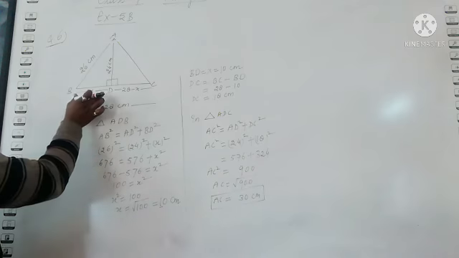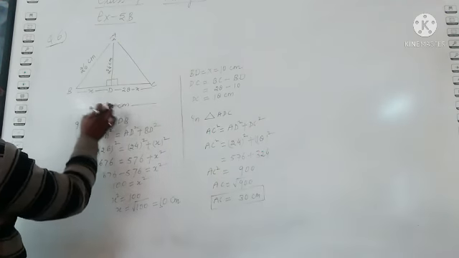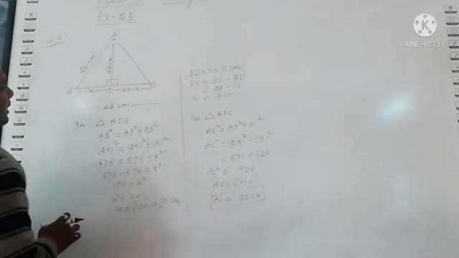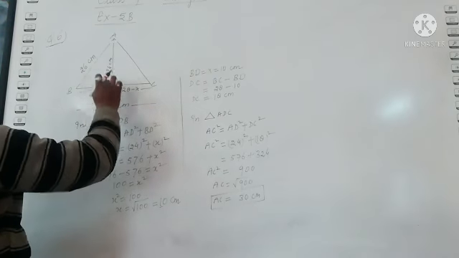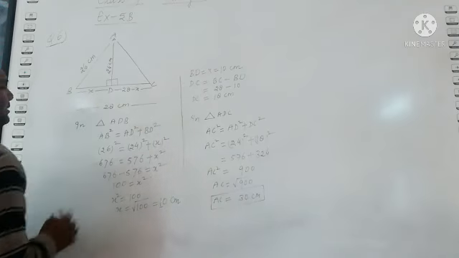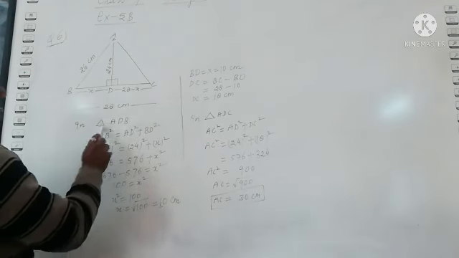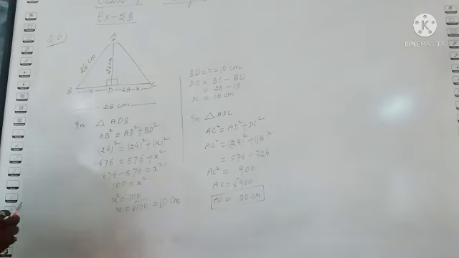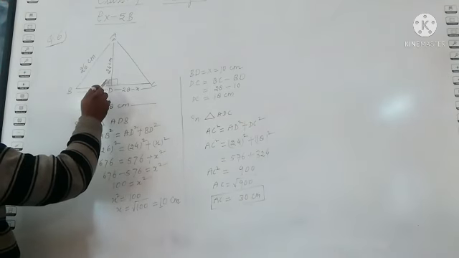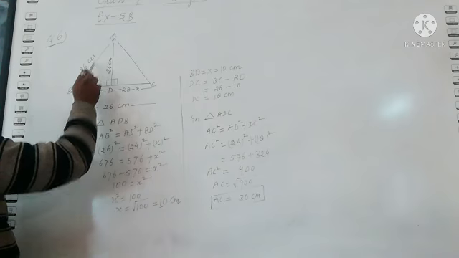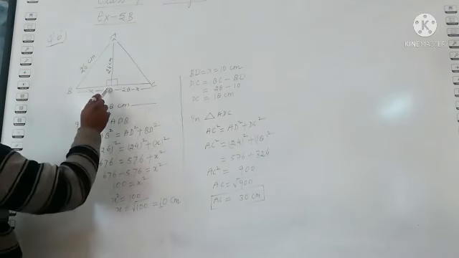So let's suppose BD is equal to X, then DC will be 28 minus X, that is the value of DC. So now we have to write the triangles. One is ADB, another one is ADC. So first see triangle ADB. In triangle ADB, can you tell me what is the hypotenuse? See, in ADB at point D, this is 90 degree. In front of this, AB is present, so AB will be the hypotenuse in triangle ADB.